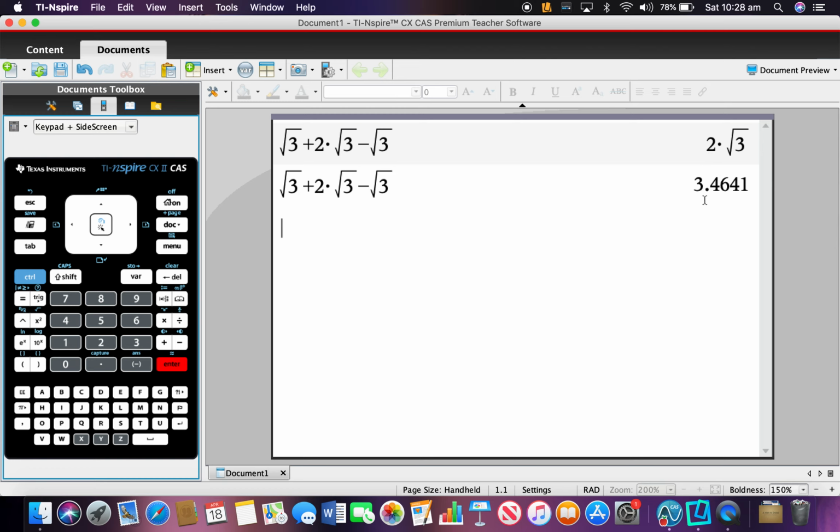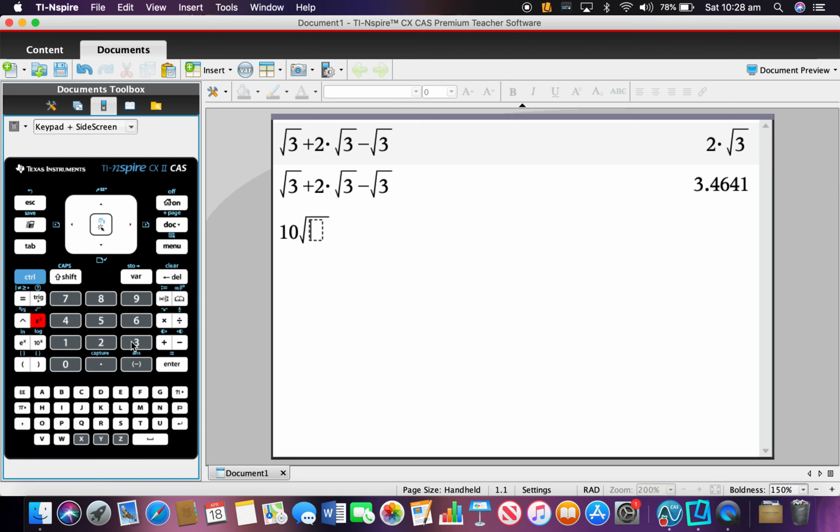Keep in mind that when you're giving your answer with a surd, it is considered to be in its exact form. So unless the question specifies give your answer in decimal values or to 2 decimal places, don't give your answer in decimals. All right, so the next question was 10